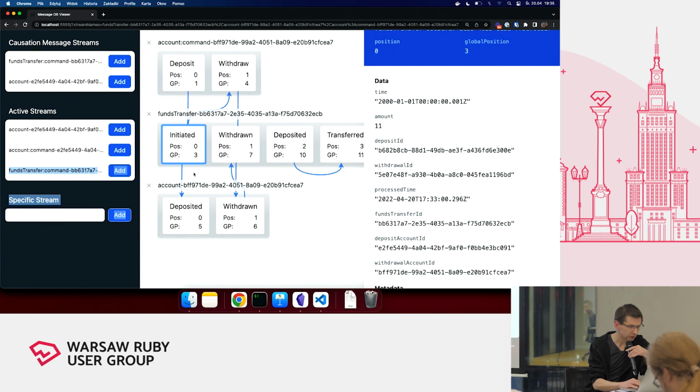Fund transfer has issued a command to account, withdraw. The command has been consumed by a consumer into a withdrawn event. And now we go back to PubSub. Account was sent withdraw, produced withdrawn, and fund transfer is subscribed to this withdrawn event. Once it sees it, it can safely say, okay, money has been withdrawn. When it has been withdrawn, it issues another command